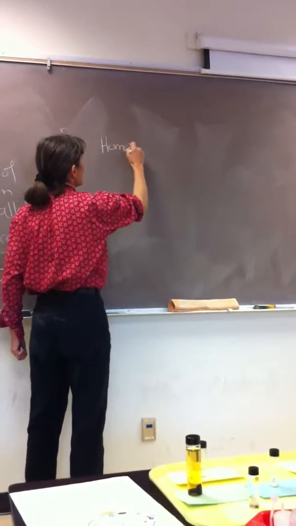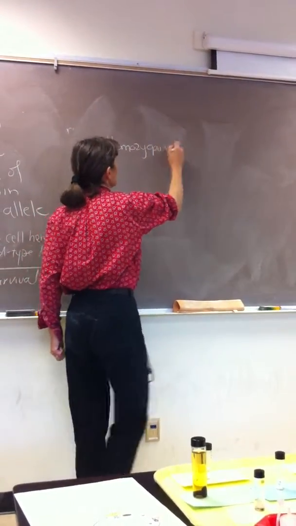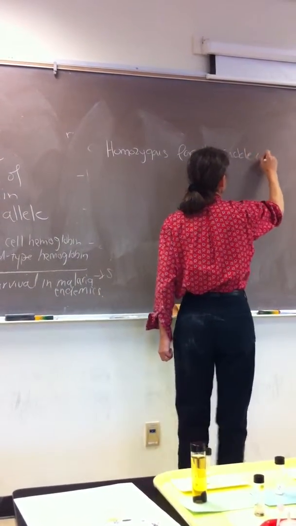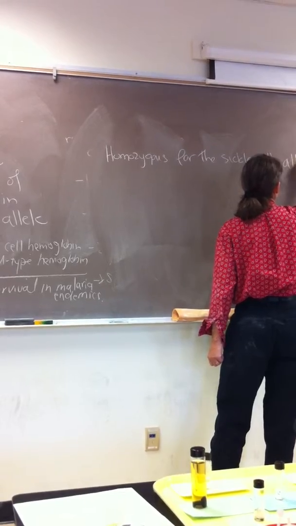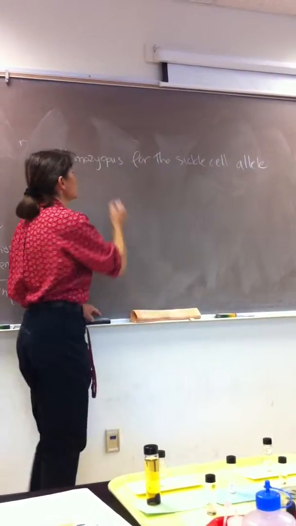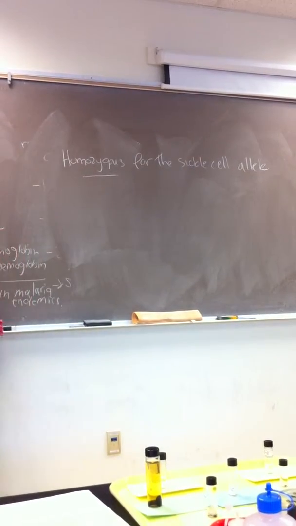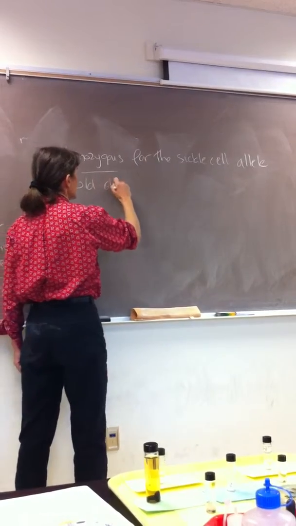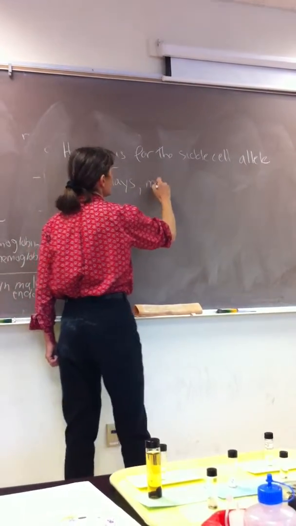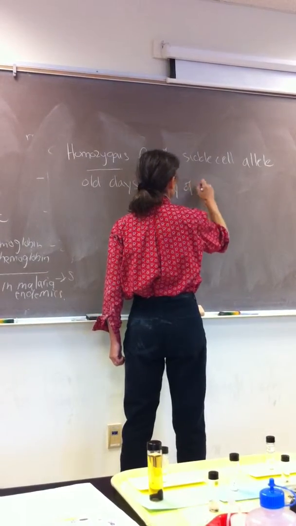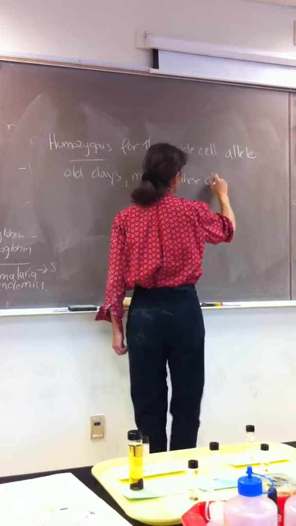Because if you're homozygous for the sickle cell allele, in the old days, before there were advances in medicine, a lot of these kids often wouldn't survive to adulthood. Many of these children died, and the reason is,